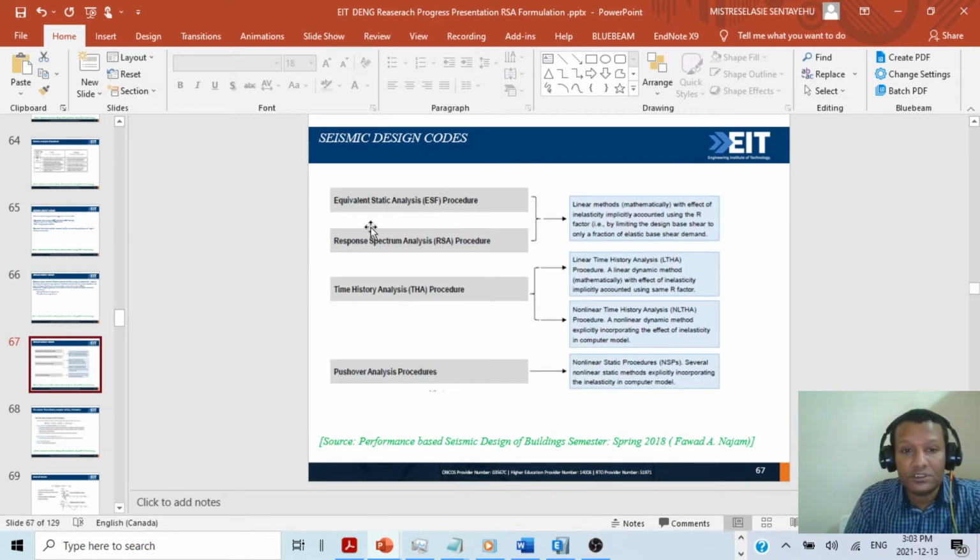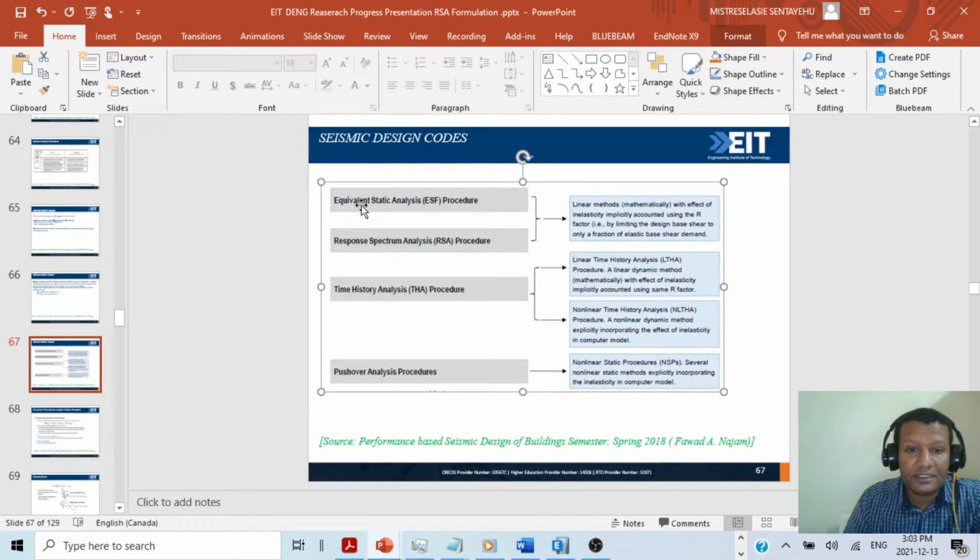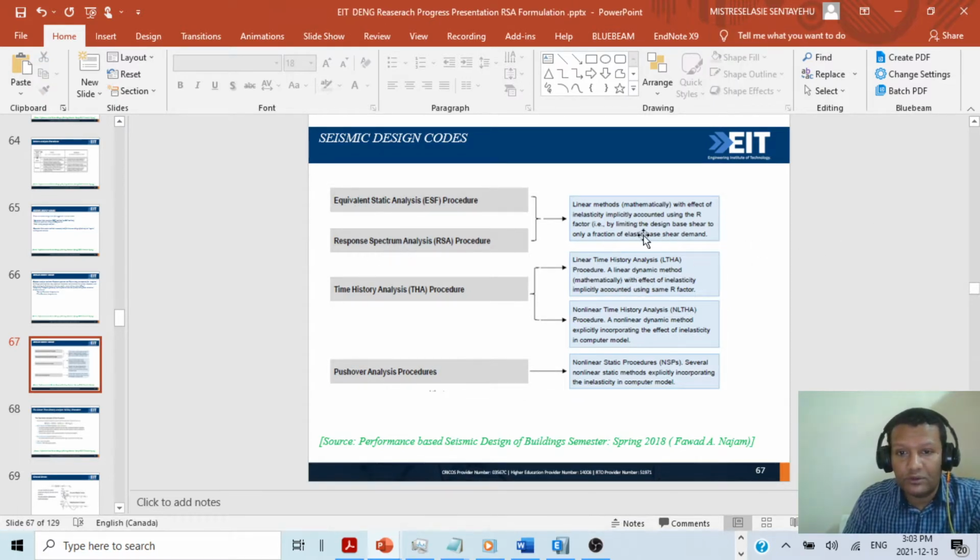Seismic design course, as I have discussed now: equivalent static analysis procedure, response spectrum analysis (RSA) procedure, time history analysis, and pushover analysis, and we have nonlinear time history analysis as well here for verification. So for the linear model, inelasticity is implicitly accounted using the R factor. So equivalent static analysis, response spectrum analysis, as we have seen, we have to incorporate the R factor for the ductility,